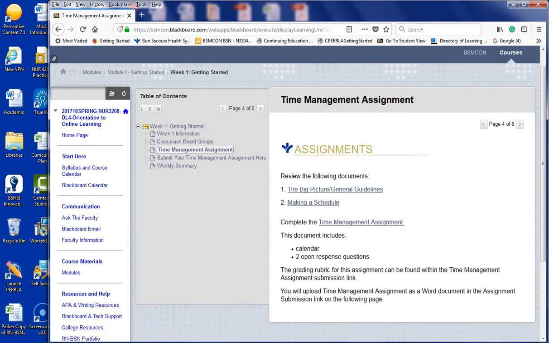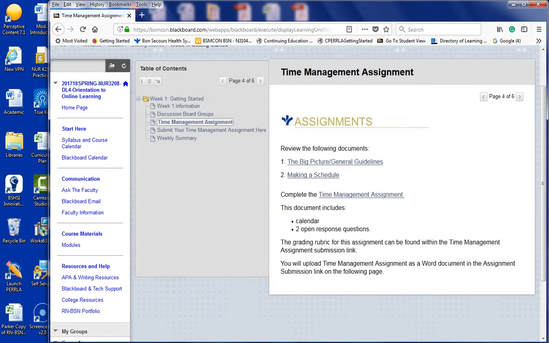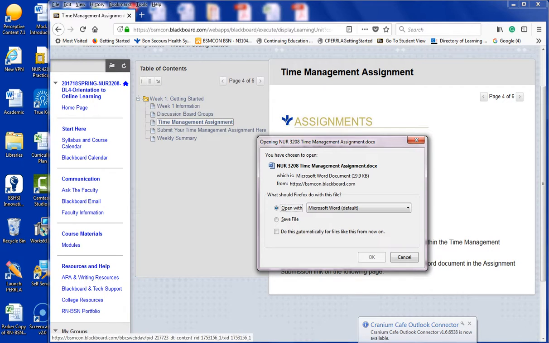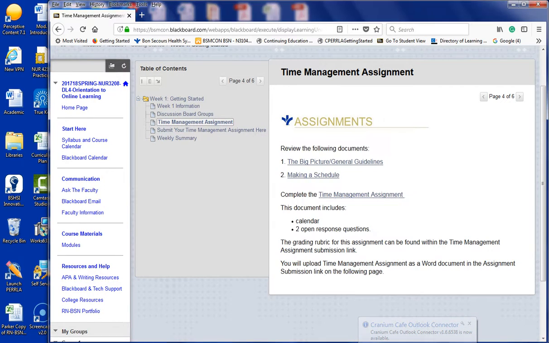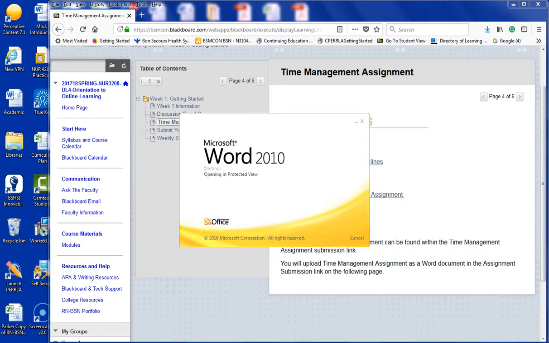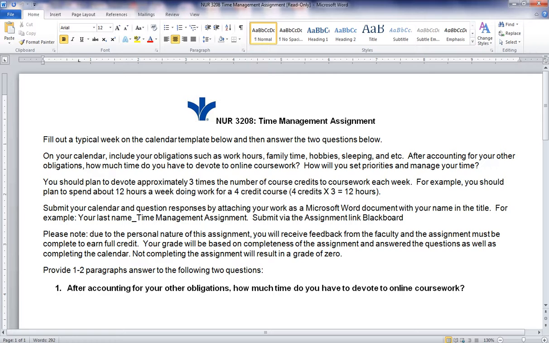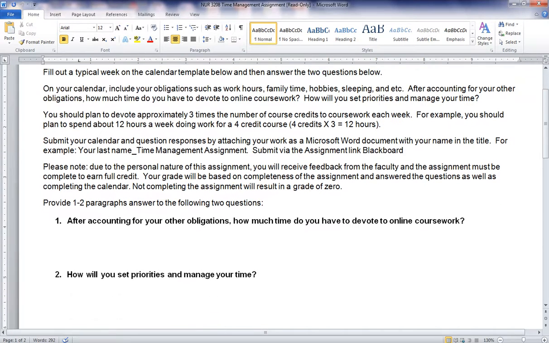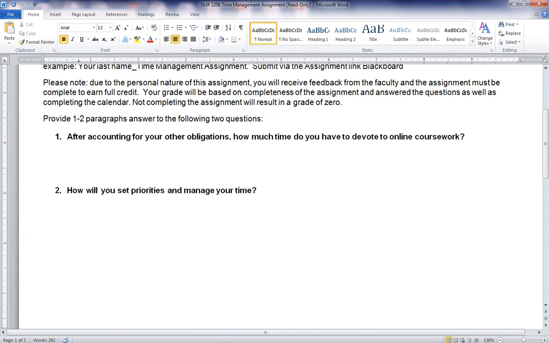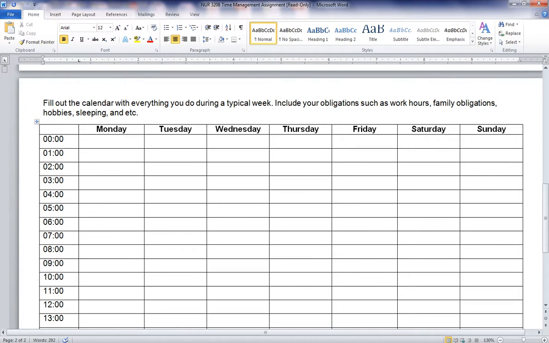This is your time management assignment. Now this is 2 articles to read about how to make a schedule and guidelines about time management. This is the assignment yourself. This is your template. And you're going to actually submit this. So you're going to open it up. And you're going to save it to Blackboard or wherever you like to save things. Read the assignment. There are 2 questions to answer here,